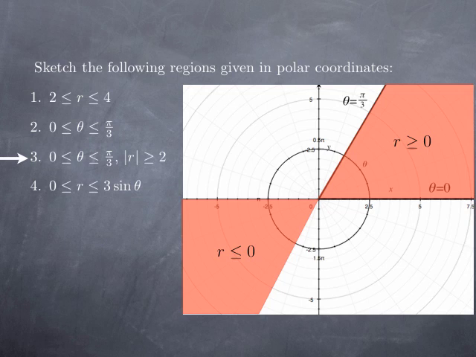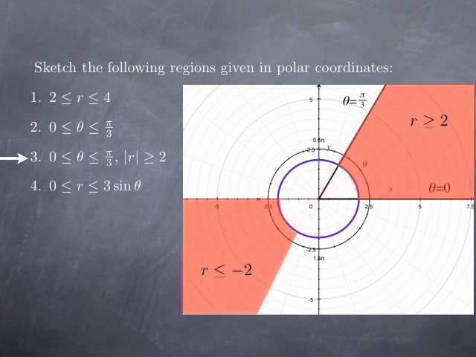Absolute value of r equal 2 corresponds to the circle of radius 2. And if we ask the distance to the origin to be greater or equal to 2, then we're going to cut out what's inside the disk, cutting that out of our angular sector theta between 0 and pi over 3. Of course, if r is greater or equal to 2, that corresponds to this part of the angular sector that is in the first quadrant,